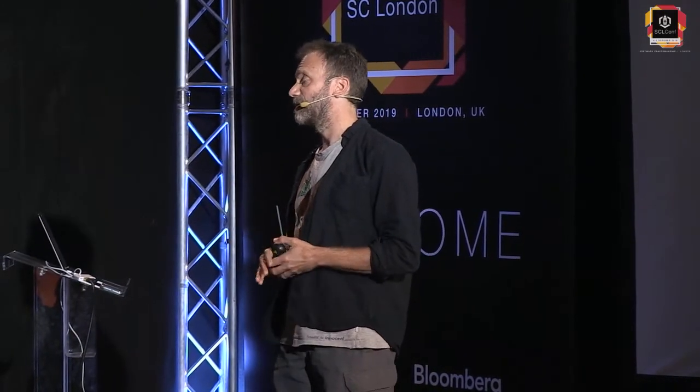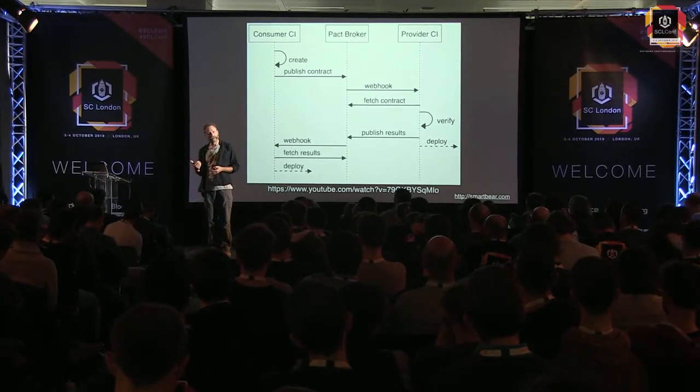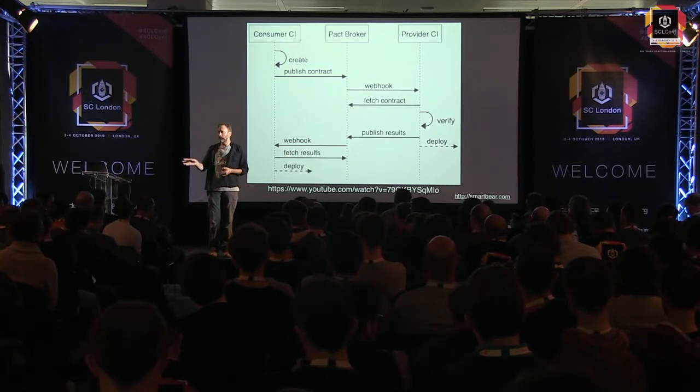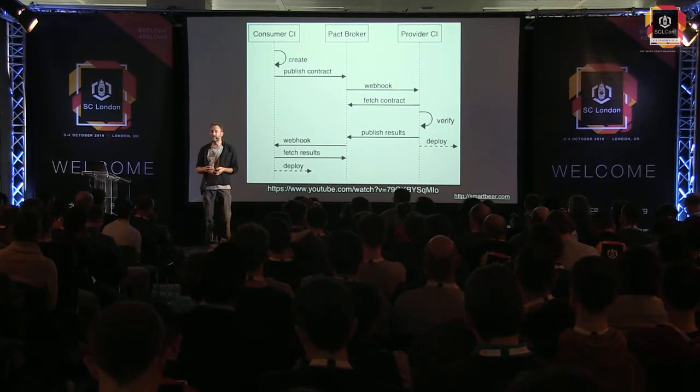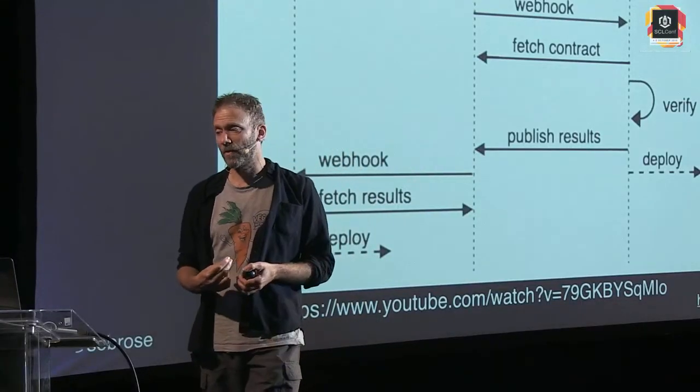And that's also expressed in the DSL. So it's actually in your code where you express how you think the provider should behave. And then that generates JSON, which is obviously the interchange format, that goes up to the broker. The provider pulls that JSON down, passes it to Pact, and Pact then makes web calls based upon that. So the actual specification is in your code, and it's written using a nice DSL.